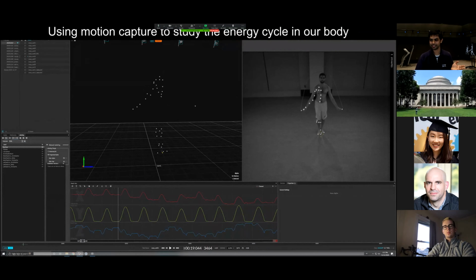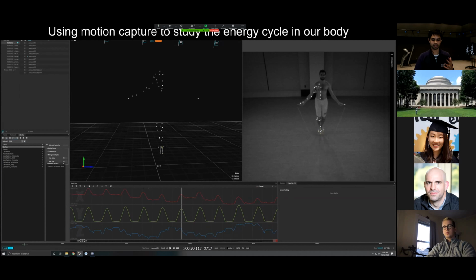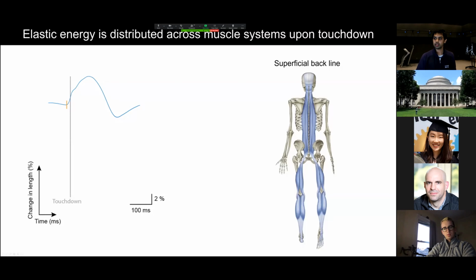This is slow motion. There's lots of things moving around. You won't tell that there is so much movement if I play this at speed. So this is very slow. This is the same video that you saw before. But okay. So elastic energy, like the tensegrity system, once I get touchdown, it starts getting distributed across different muscle systems